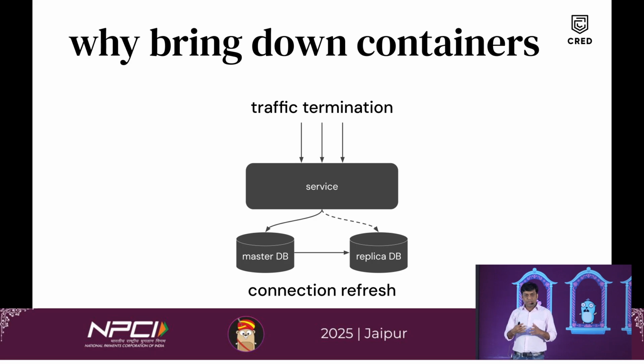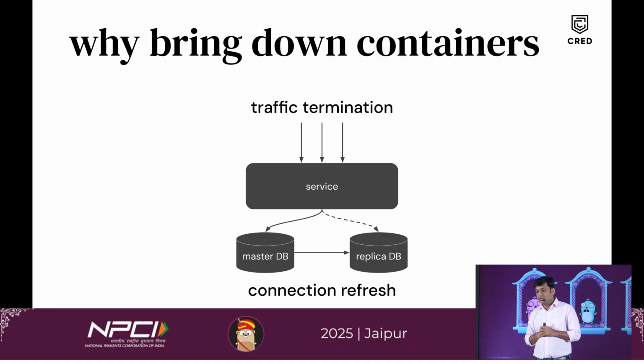So an interesting question now comes up, like why do you even need to bring down these service containers, right? Now again, there are two reasons for it. If you remember, I mentioned that during a DB switch activity, one of the replicas is promoted to be a master, right? And a replica can only be cleanly promoted to a master once the bin log position of your master stabilizes, right? And for the bin log position of the master to stabilize, the database should not receive any write traffic, right? So this was one reason why we used to shut down the container, so that we could terminate the traffic to the database.